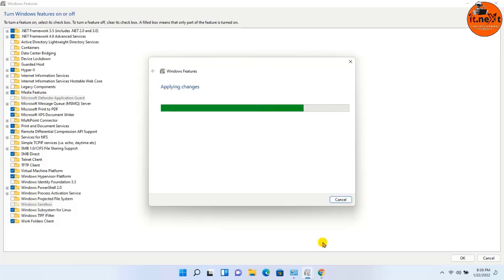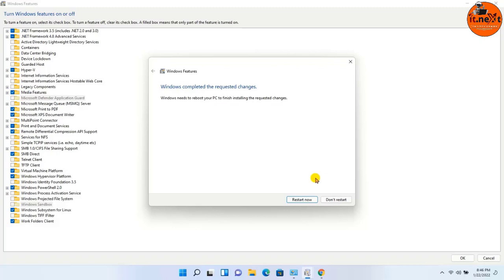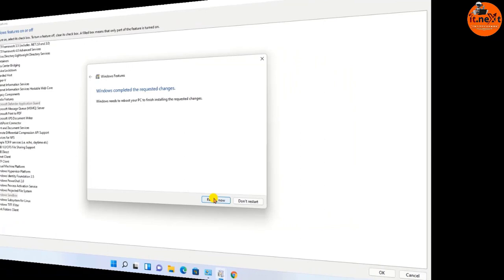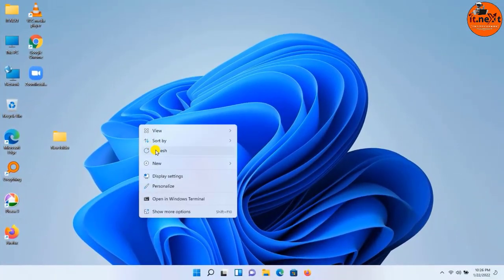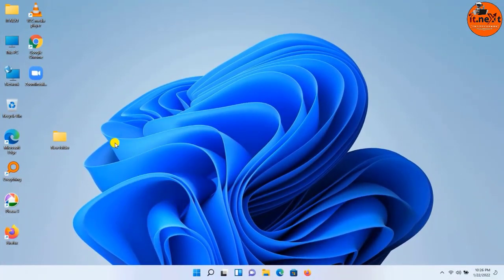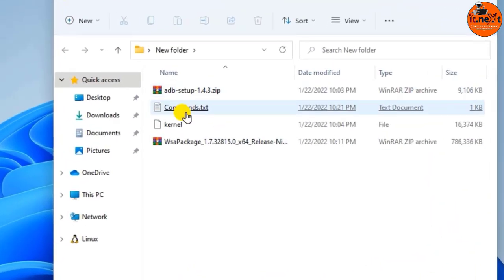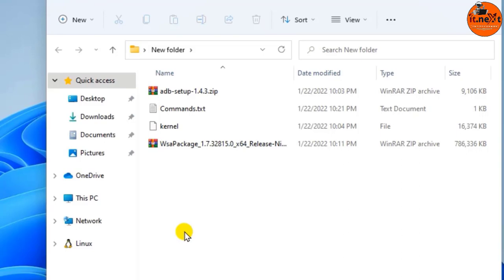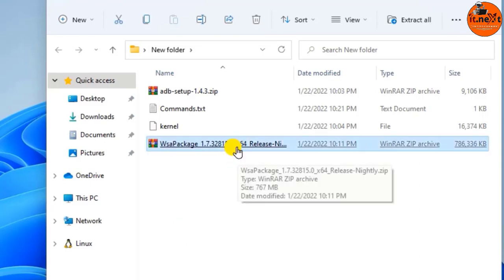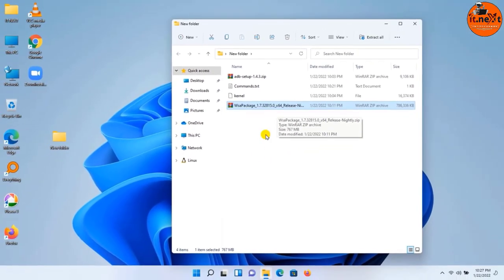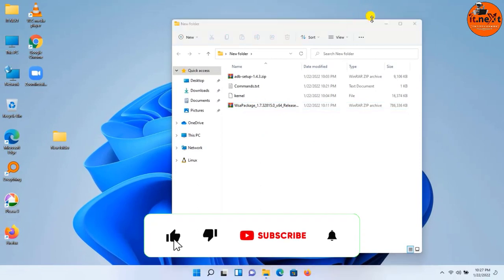Okay, it will start applying the changes. After it completes, just restart your PC or laptop so that the changes take place in the computer. Download all the listed software from the links in the description. After completing the downloads,